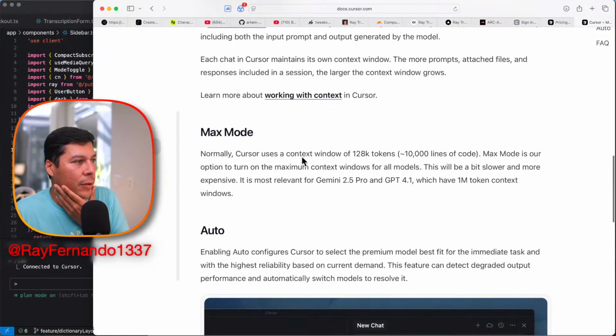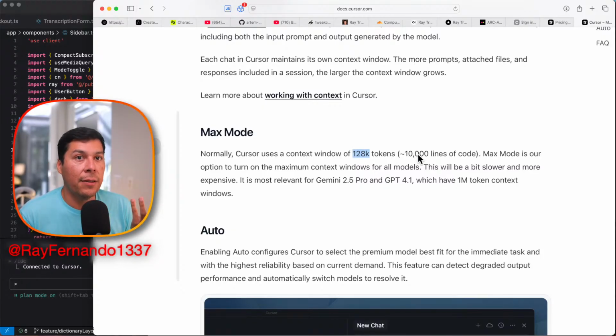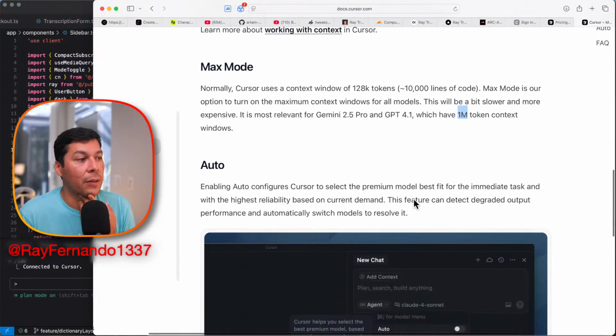So Max Mode. Okay, so Cursor normally uses a context window of 128K tokens. That's super interesting. So that's about 10,000 lines of code. So Max Mode is basically an option to turn on the maximum context windows for all the models. This will be slower and more expensive. It is most relevant to Gemini 2.5 Pro and GPT-4.1, which may have a million token context window.